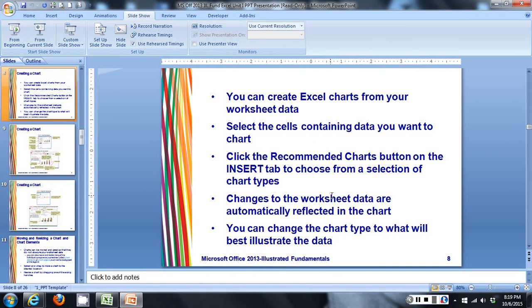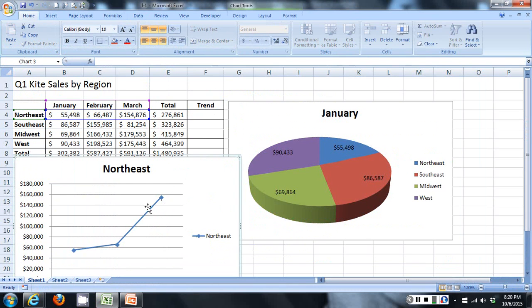And then we changed. Let's see, changes to the worksheet are automatically reflected in the chart data. I can demonstrate that, and then you can change the chart type to what will best illustrate the data, and also demonstrate an example of that. So let's say, for example, if I figured out that my sales were reported wrong for the month of March for the Northeast, they're actually